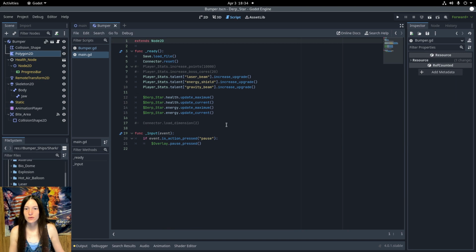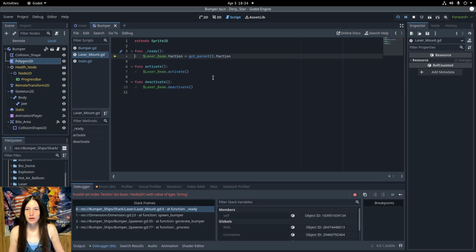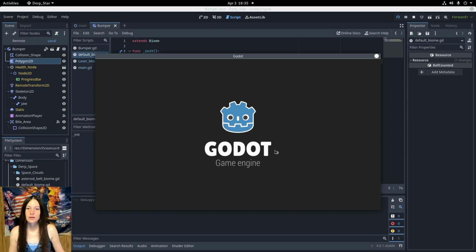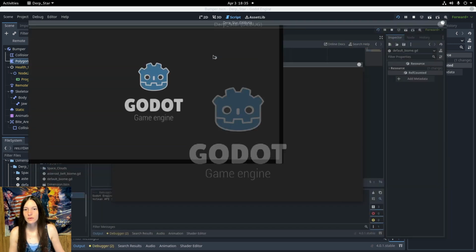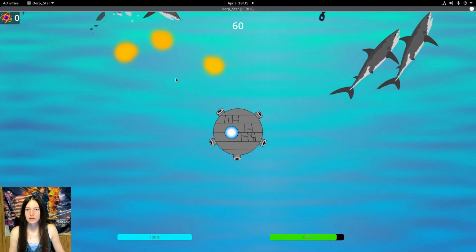So now I'll load the Oceanus dimension in the main script and run it. Now it'll throw an error because of the laser sharks, so I'll go ahead and disable those in the biome script and run it again. So now the sharks and mines are spawning,